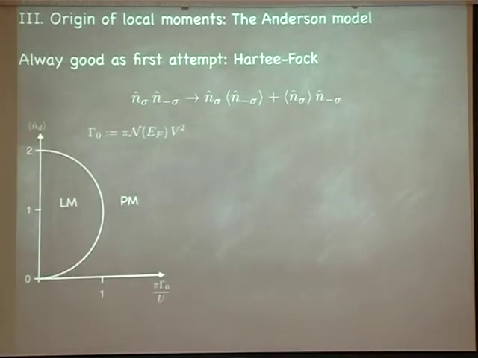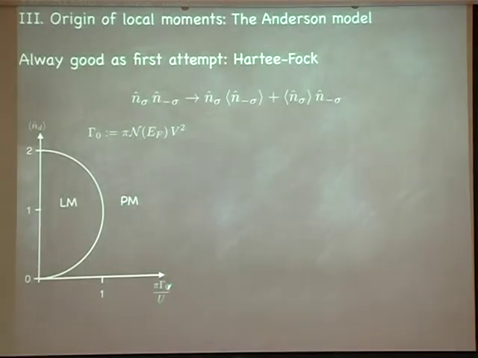And what you find is that there are two regions in the system. One might call the paramagnetic region, and that is the case when a certain parameter, namely pi gamma naught over U, where gamma naught is the hybridization function Antoine already introduced. Since I have a constant density of states, my gamma of omega is gamma naught, basically, which is given by pi times the density of states of the band electrons at the Fermi energy times D squared, Fermi's golden rule, the charge fluctuation rate. If this quantity is larger than 1, that means U is less than this magic number, we are in a paramagnetic state.